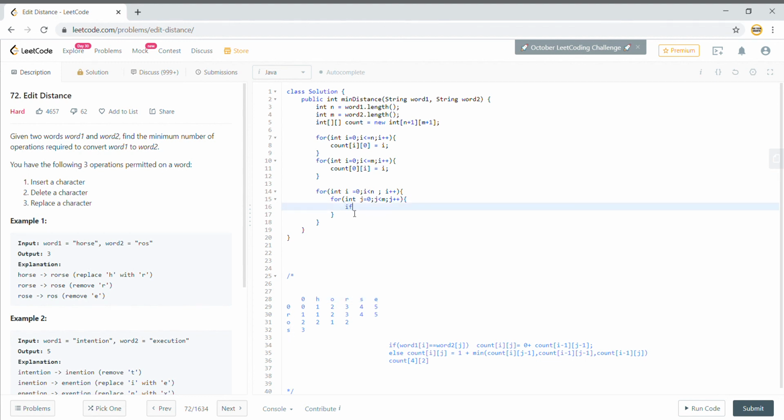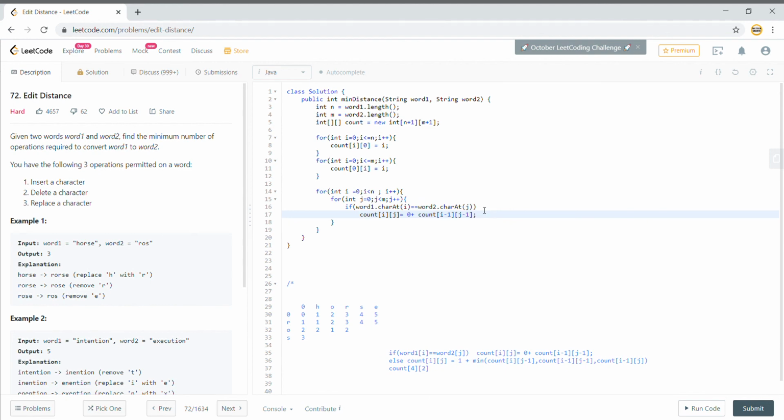Now we need to make a check here: if word1.charAt(i) is equal to word2.charAt(j), that is, if these two are matching, like in this particular example where O and O were matching, then our formula said that this will be 0 plus the value at i minus 1. So this should be like this.